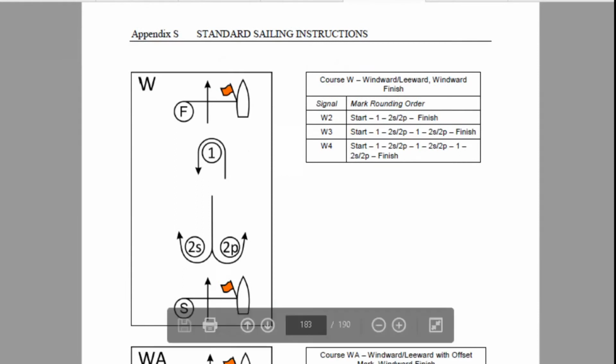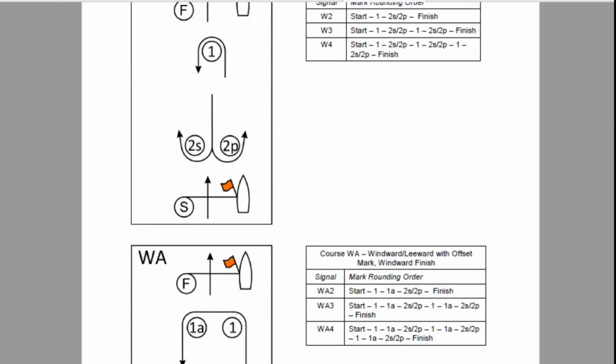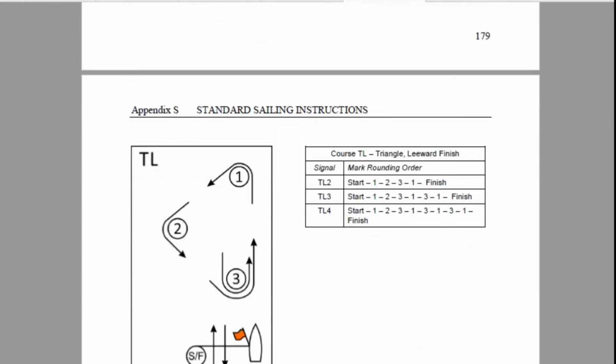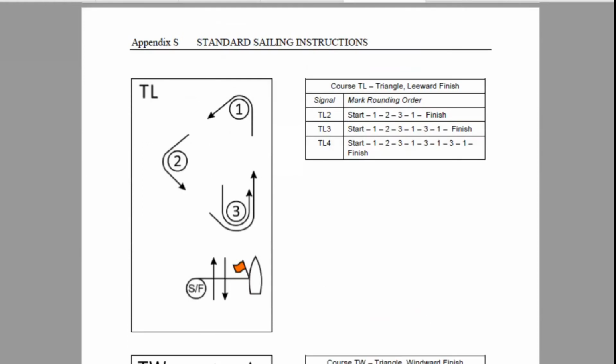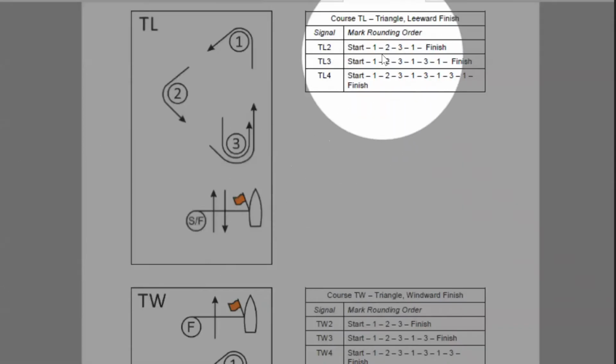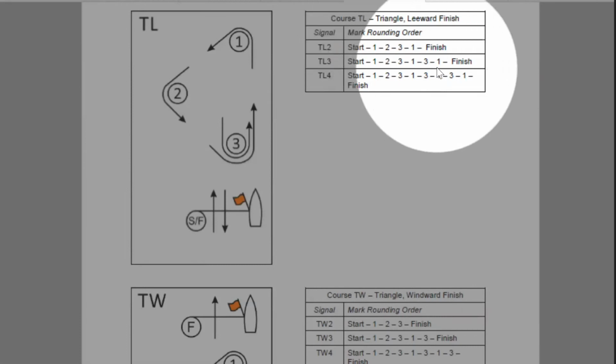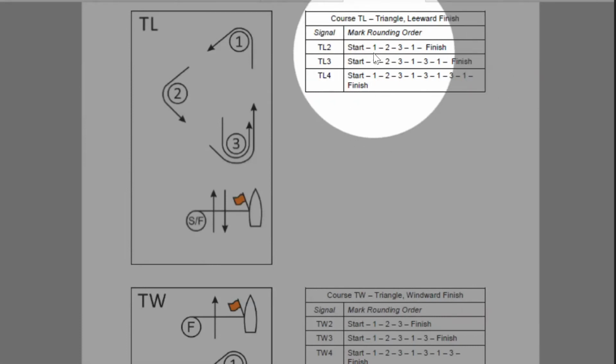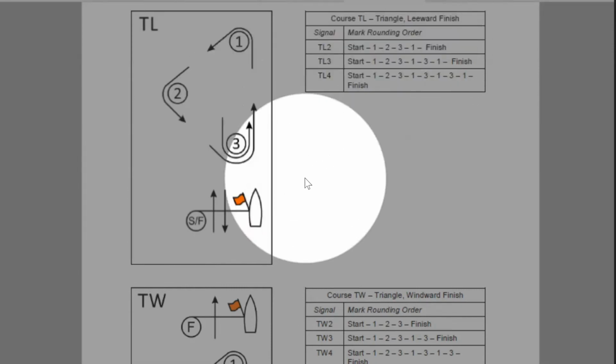The standard sailing instructions designate a W course, which is the same as the L course, except it's an upwind finish, and WA. And they have a TL and a TW for triangle. But if you actually look at what's shown, this is actually the Olympic course, or the Gold Cup in the Olympic course. It's a triangle. Start, round mark 1, mark 2, mark 3, mark 1, and finish. Or for the W course,